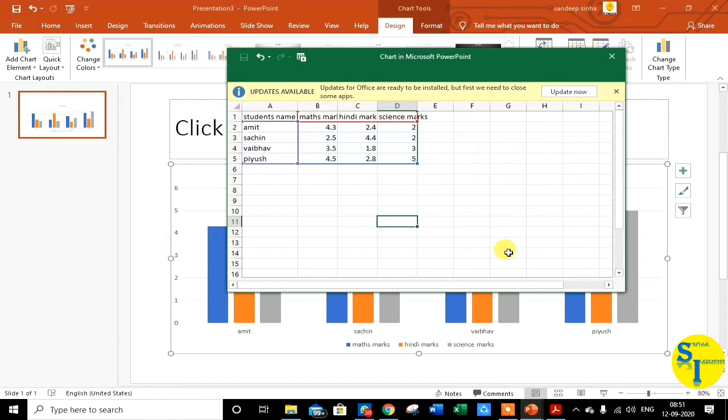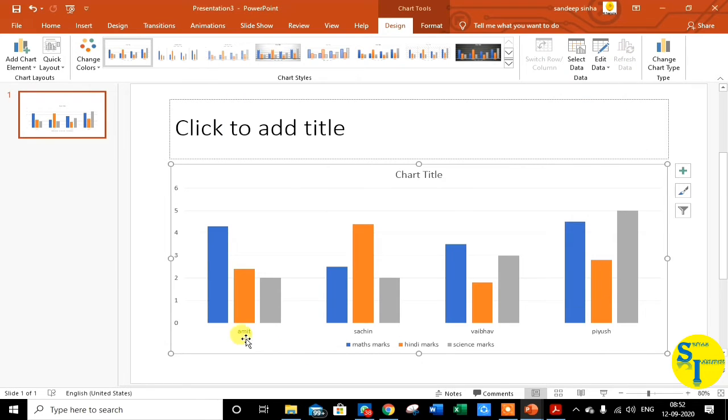Now student, you can close the Excel sheet. And you can see that the chart has been created with different categories. So Amit is a category, Sachin is a category, Vaibhav is a category, Piyush is a category.